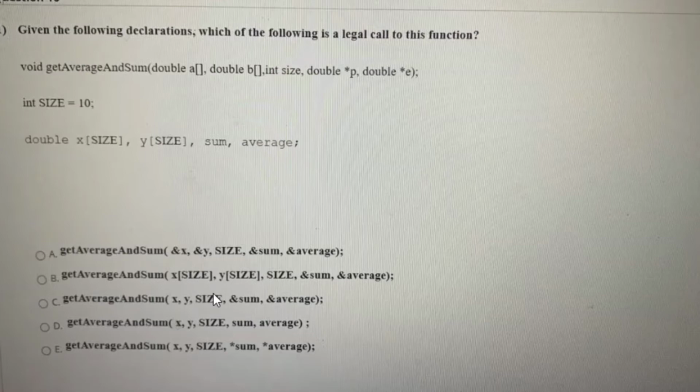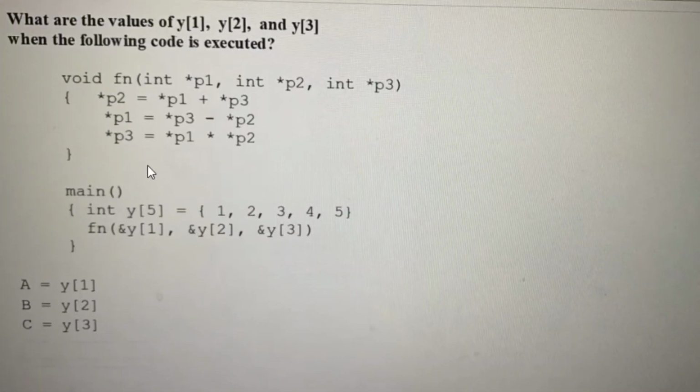Moving on to the next question, question 14. What are the values of y1, y2 and y3? On solving this code, the values of y1, y2 and y3 are going to be 1, 4, 4. First we write the function for this program.